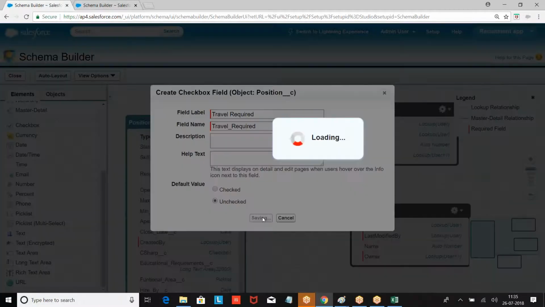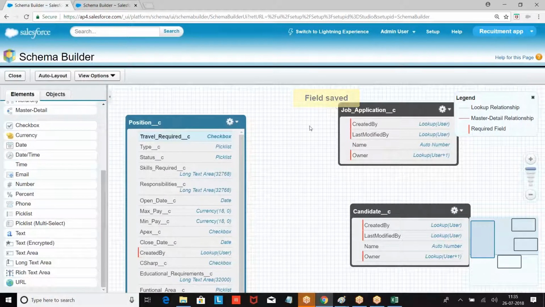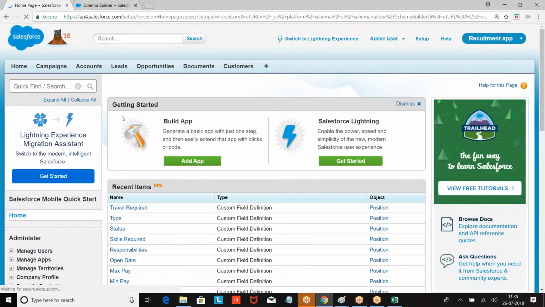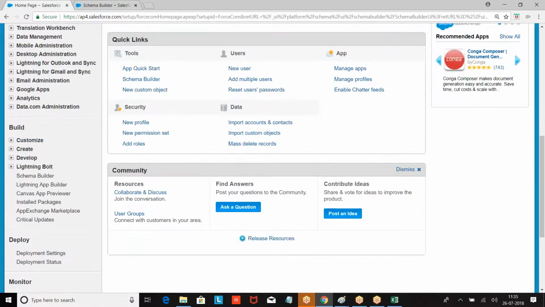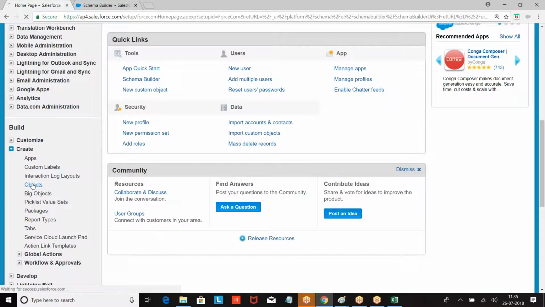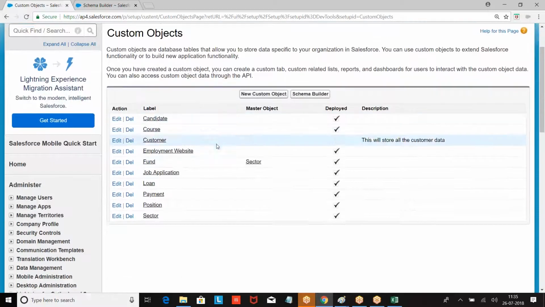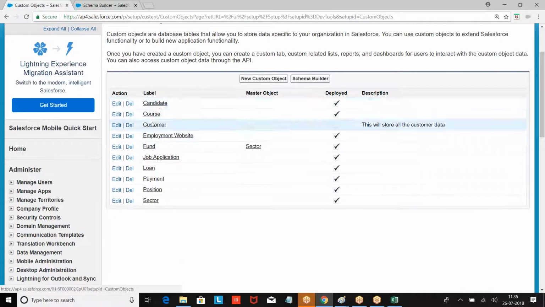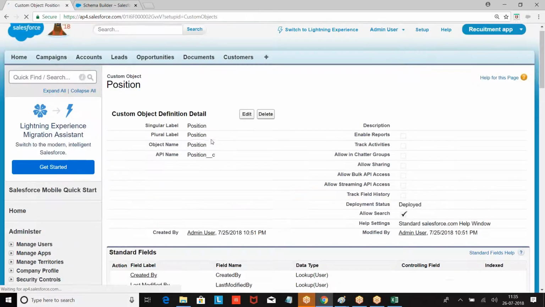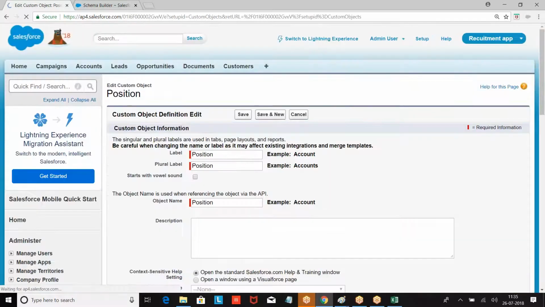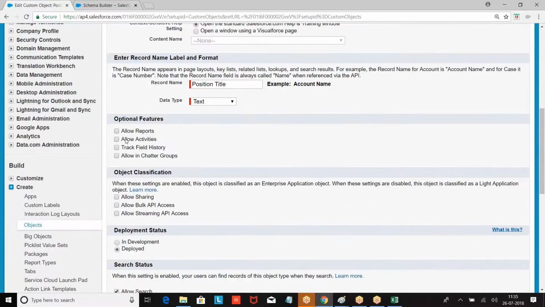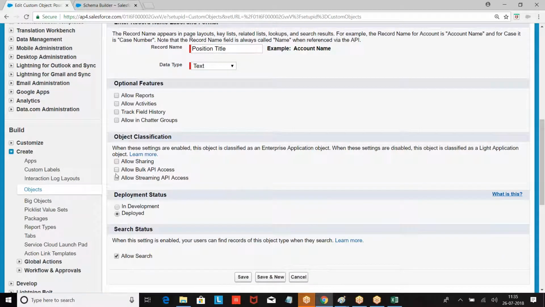So we have created an object with the corresponding fields. Now when you created this object, first point, when I create the object using a schema builder, create objects, schema builder. Now when you go to schema builder, let us go to the schema builder. What is that? Position. Position, edit it. Now look at this. These are not enabled for you, right?